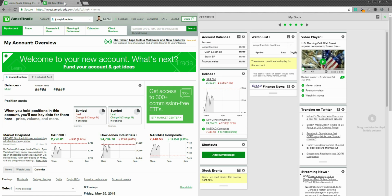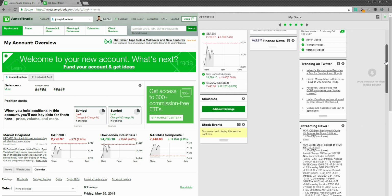But inside of the brokerage account, bam, looks a little busy, right? So what they allow you to do is customize your screen, which I actually love, because you can pretty much get all the information you need in one place, from simple to complex. So on the right, where it says my dock, you can see there are some modules I have here,